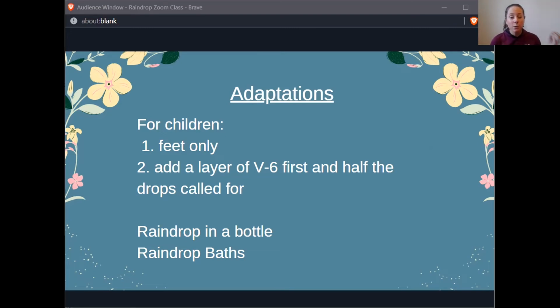And then also, if you are performing it on the spine of children, then especially for younger children, you want to make sure that before you apply the oils, the step that you would take is to add a layer of V6 massage oil first, because that's going to go ahead and dilute all of those oils as they come down, since children tend to have larger pores and they absorb oils faster. And then you use half of the number of drops that are called for. So when you get your raindrop collection,